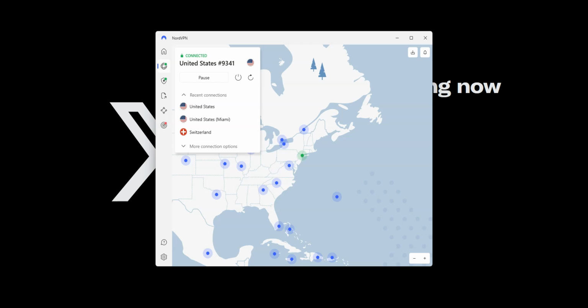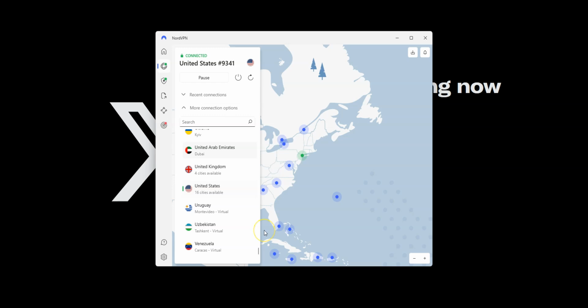To summarize, the idea is to use NordVPN to make it look like you are in another location by replacing your IP address with the IP address of the VPN server. Doing this not only allows you to bypass censorship, but also browse anonymously and more. All you need to do is to select a location in the list. That's it. It is that simple.